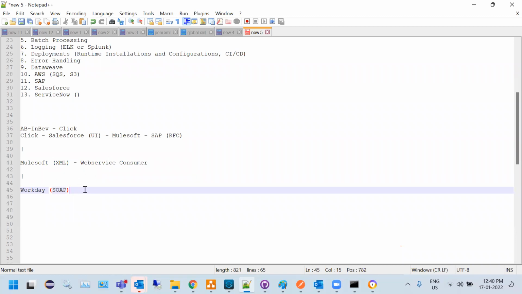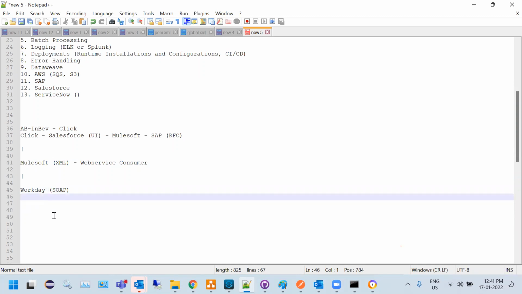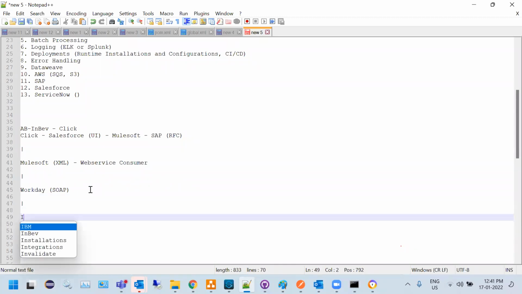So here, how they use ServiceNow is, for example, let's say in Workday you are facing some issue. You are not able to update your bank details for salary credit, so you need to log a ticket. They are going to integrate Workday. Workday has its own issue log. So if you log an issue in Workday,